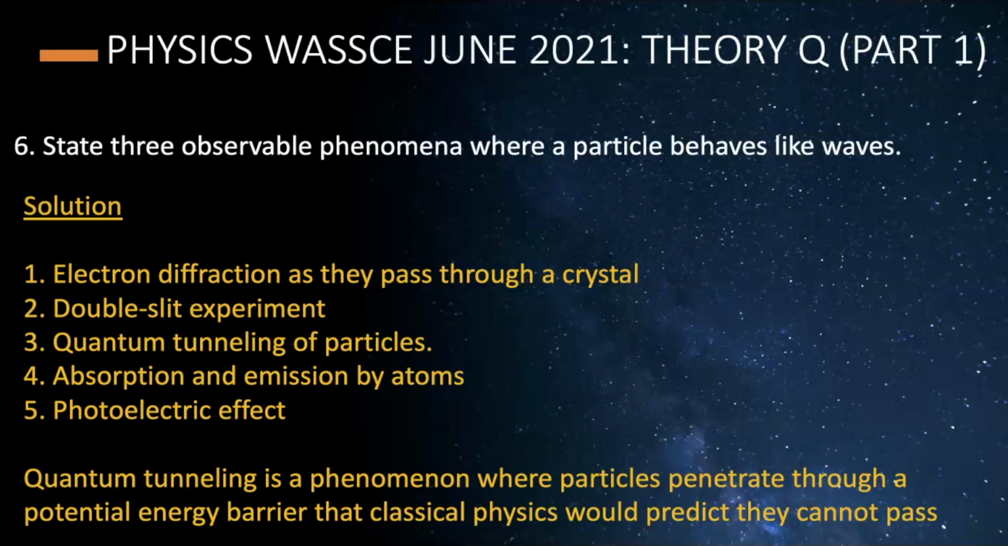Quantum tunneling of particles. Quantum tunneling of particles is a phenomenon where particles penetrate through a potential energy barrier. It is more like a particle passing through a wall where there is clearly no way of escape, but then it did pass through and come out on the other side. That should be funny. But yeah, we've seen such behaviors, and this is not able to be explained by classical